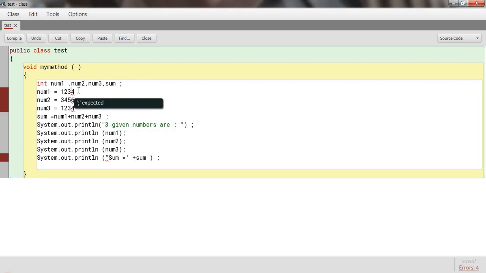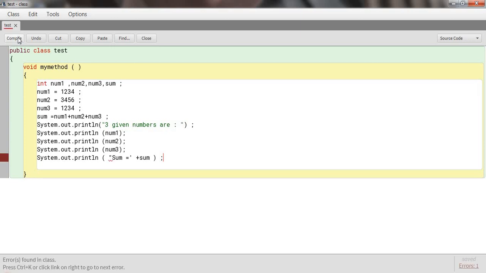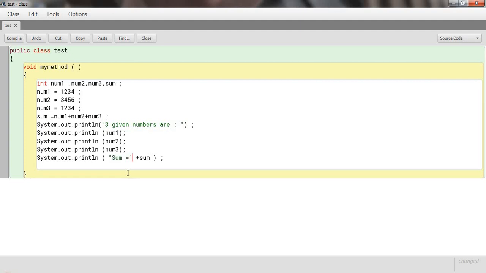Now compile the text. Now put your semicolon. Don't forget to put your semicolon or else it will be an error. Put your space. Now compile. Be careful while typing the codes.